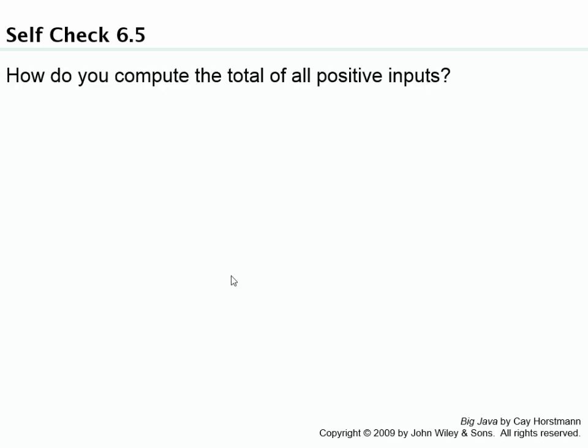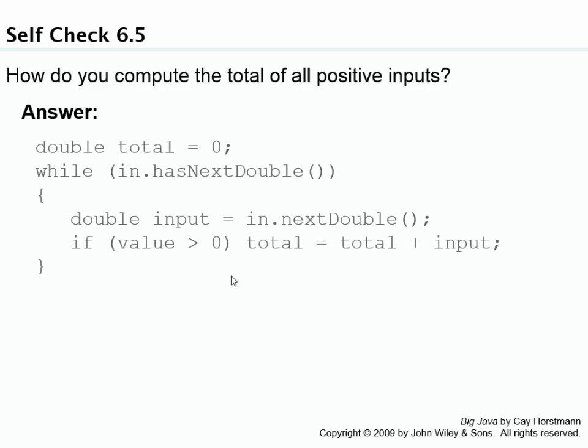So how do you compute the total of all positive inputs? Well, you could do it this way. You start out with 0 for the total. You get the next double. Well, you check to see if there is a next double. If there is, you go get it. Store that in input. And if the value that you read in